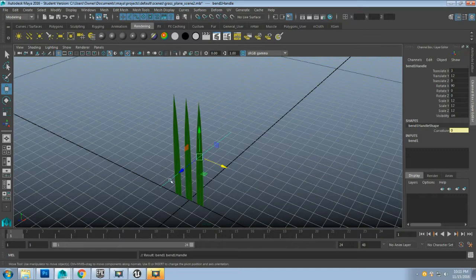Now by default, this handle appears laying down, the same way that our plane did when it came in, so we're going to have to rotate this. Over in our channel box, you see where it says bend handle, and it's set to rotate X at 90. I'm going to set that to 0, and that's going to put it straight up and down. And then I'm going to come down to my bend input,